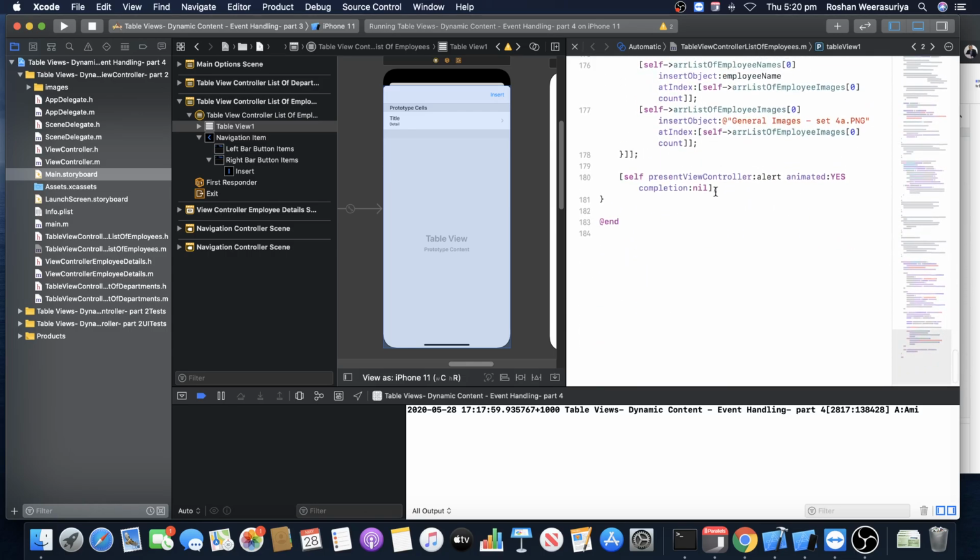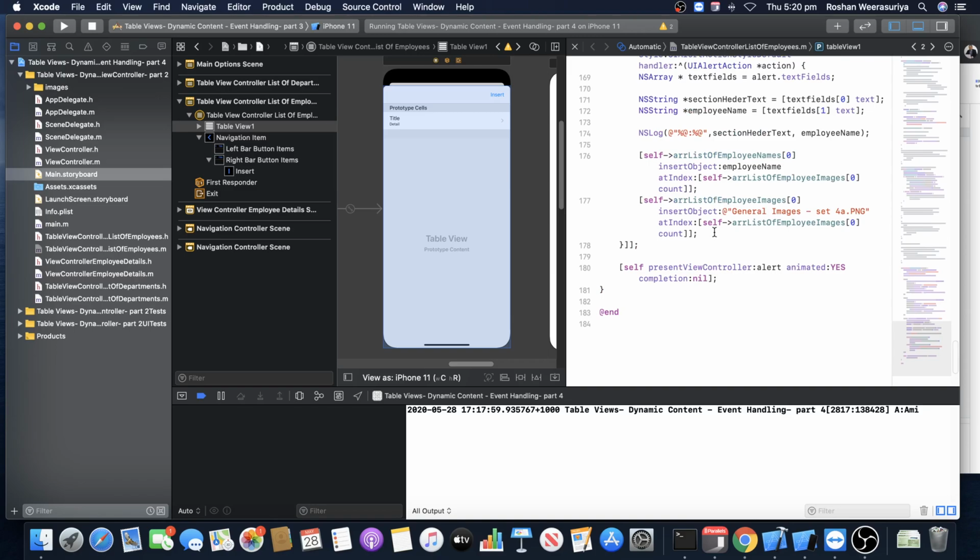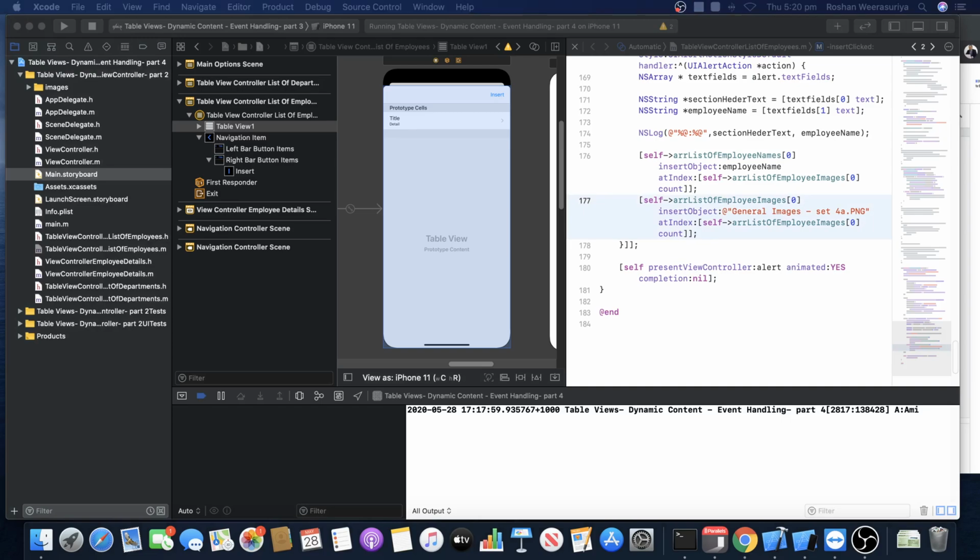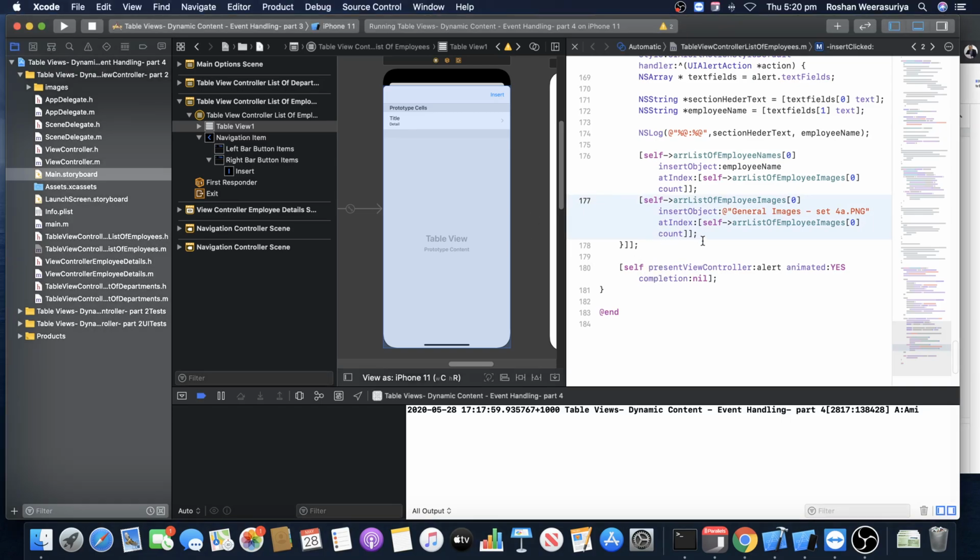What I can do now is, after adding this, I can say reload the data in the table view. So what I'm going to do is